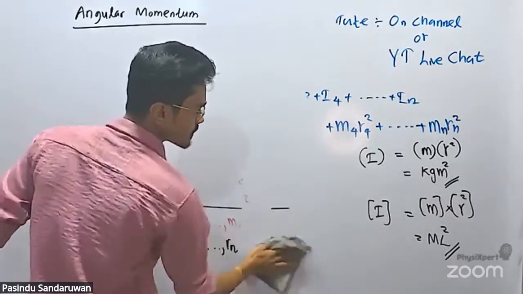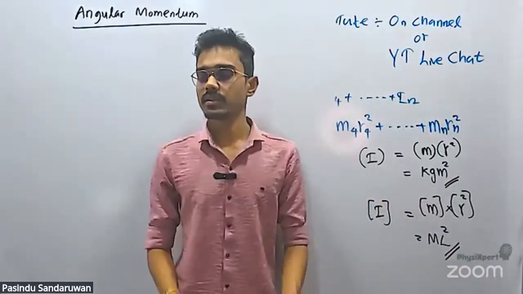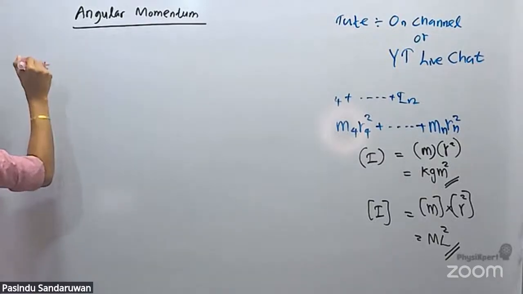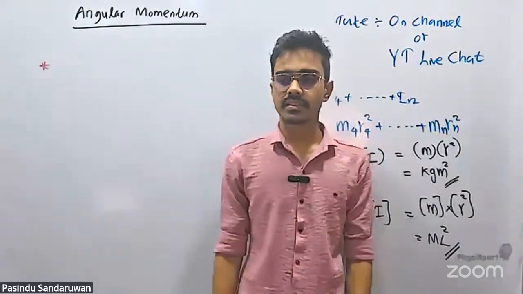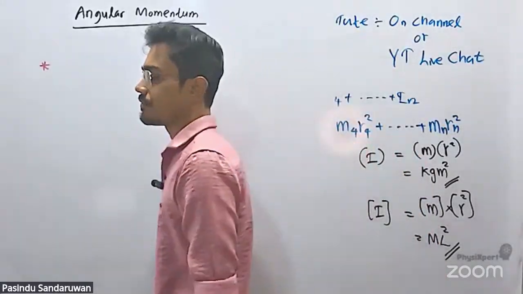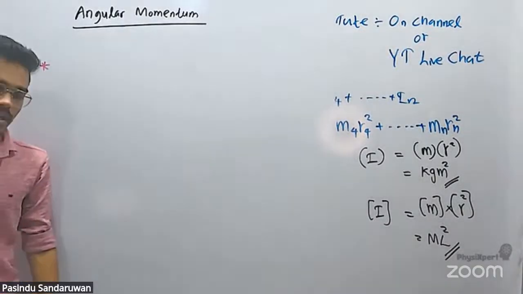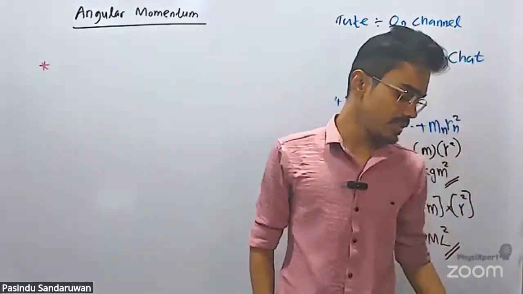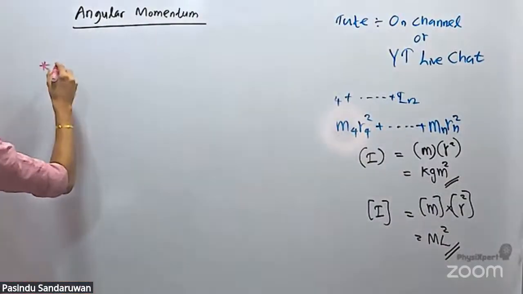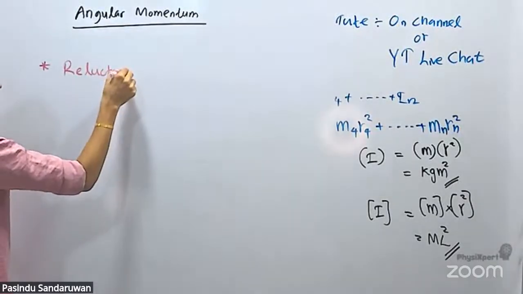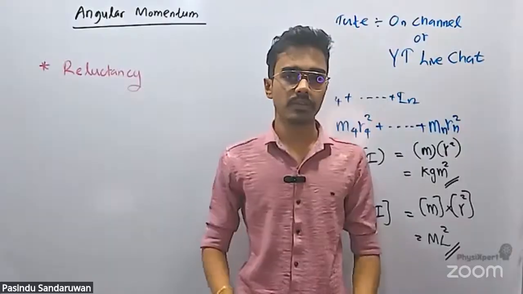Write down below with a red pen. Put an asterisk mark and write down: inertia of an object is the reluctancy of an object to